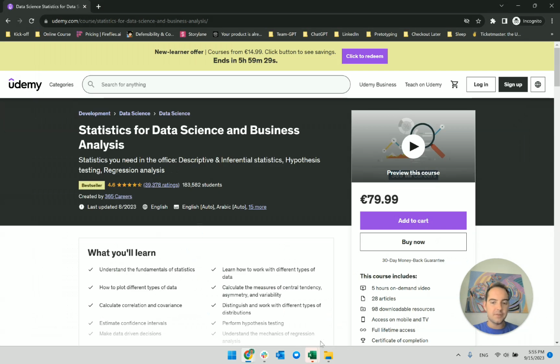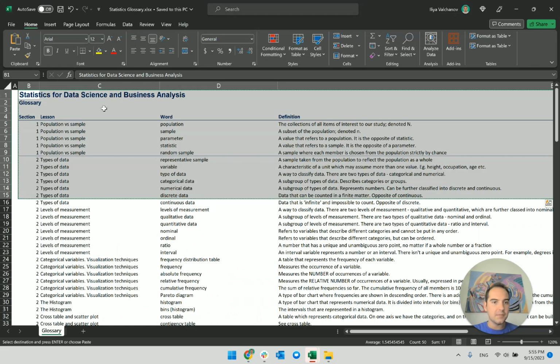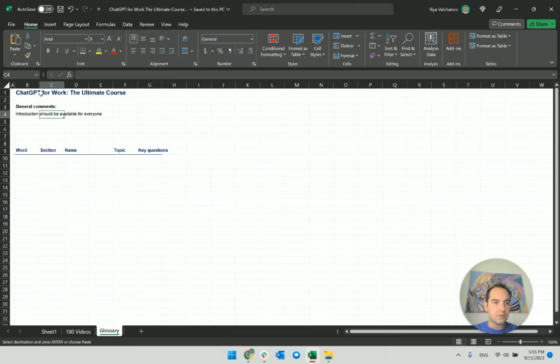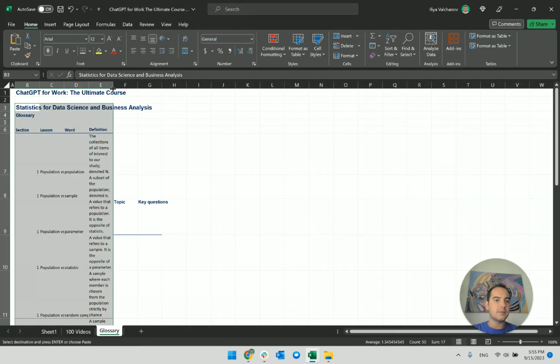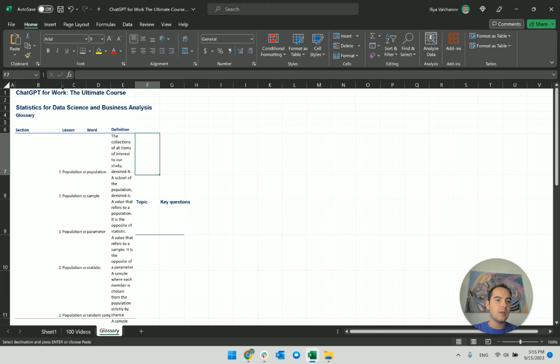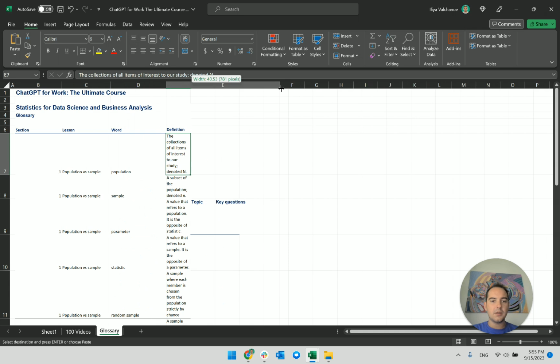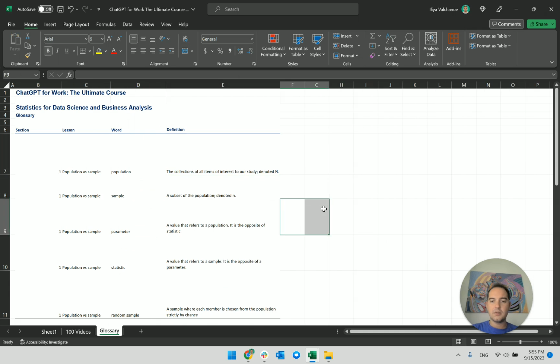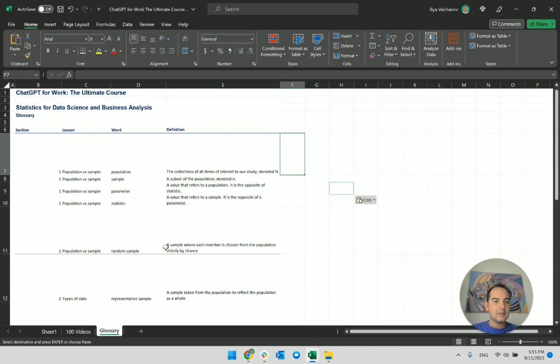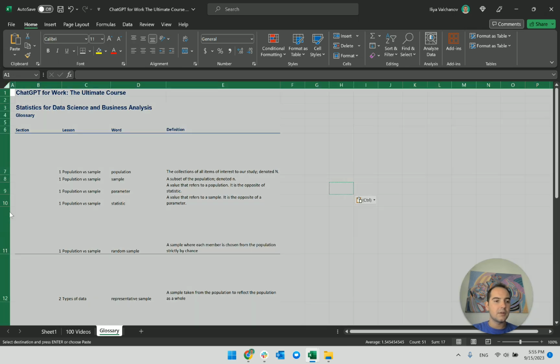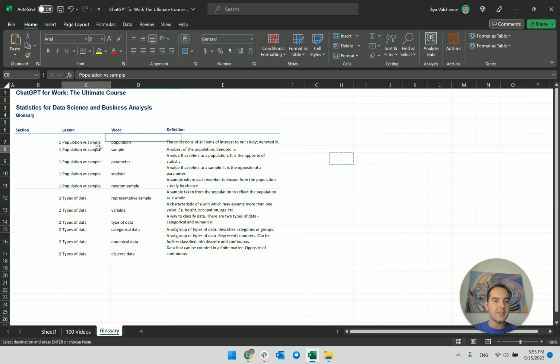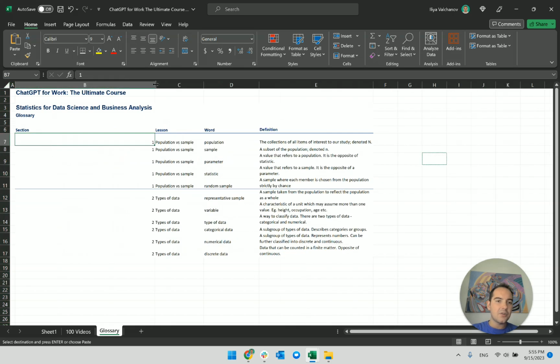What I will do is I will copy a bit of stuff here, and I will go to the new course. Okay, and I'll paste it. Yeah, simple as that. Okay, these are not needed, and yeah, there you have it. Here you have it. The glossary is in the making.